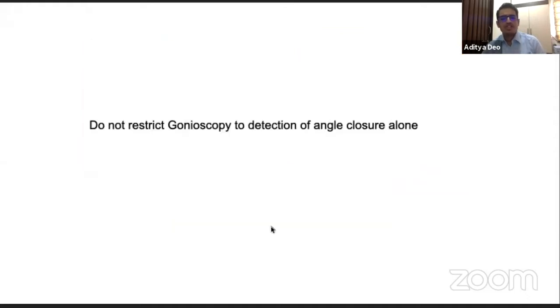And we should not just restrict gonioscopy to the detection of angle closure alone. This is a case of pigmentary glaucoma. You can see the Krukenberg spindle, and on gonioscopy, heavy, uniform pigmentation and a pigmented Schwalbe's line, the Sampaolesi line. A pigmented Schwalbe's line can be present in pseudoexfoliation also, but the trabecular pigmentation is more granular. So if these signs are missed, if gonioscopy is not done in open angles, then we might label this as an open angle glaucoma. It is, but it is a pigmentary glaucoma.